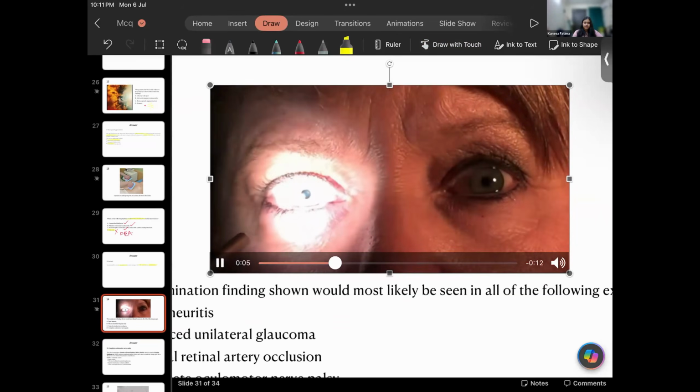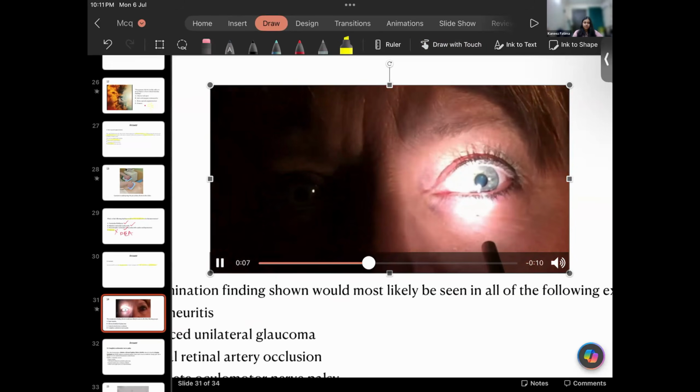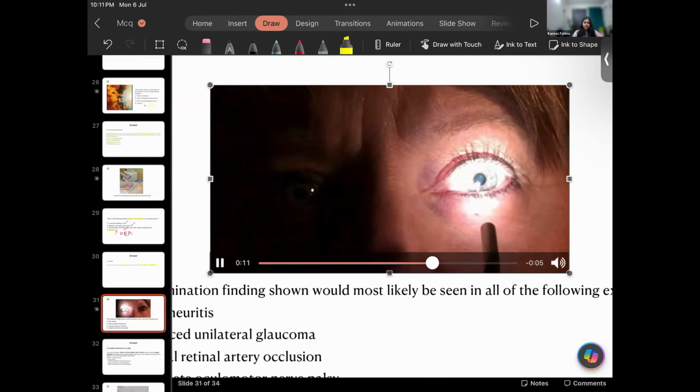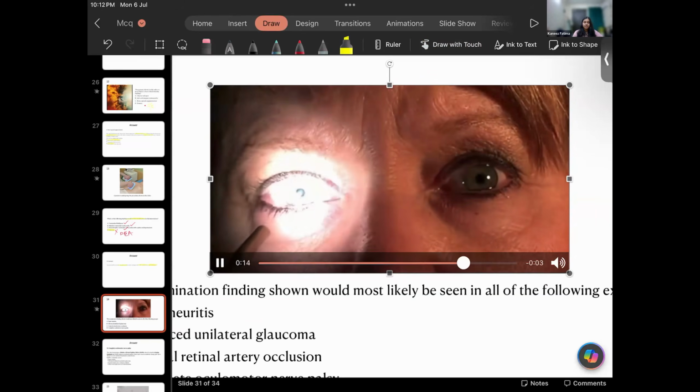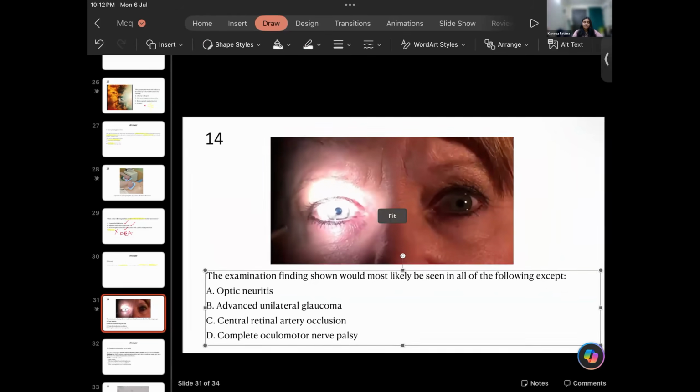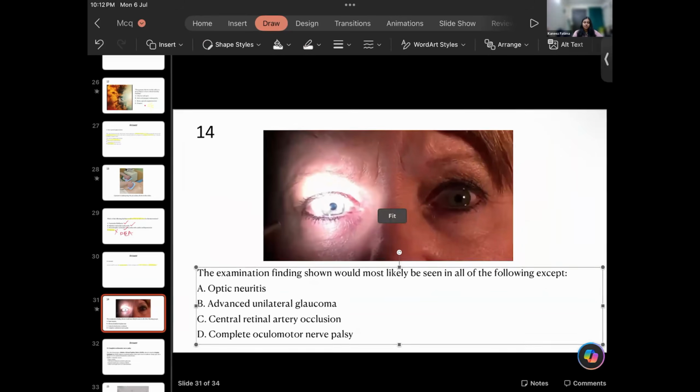Here, the pupil reaction is being tested by the swinging flashlight test. In the right eye, there is a constriction of the pupil, but in the left eye, the normal response should be the constriction of the pupil. Rather, there is a dilation of the pupil in the left eye. So it is a case of relative afferent pupillary defect, RAPD, where we have different grades of RAPD, which we